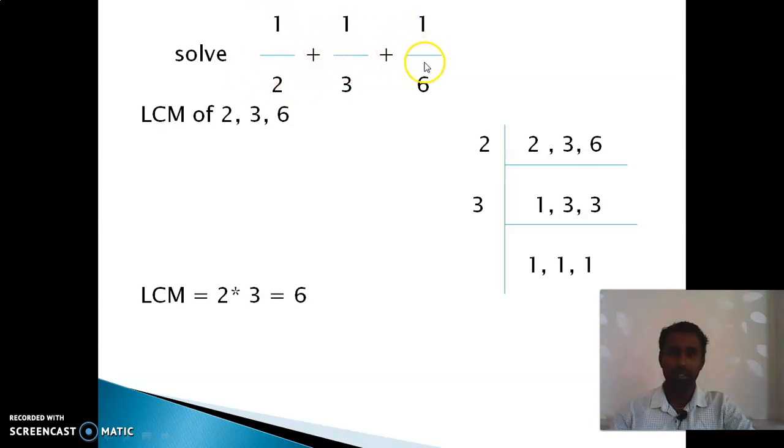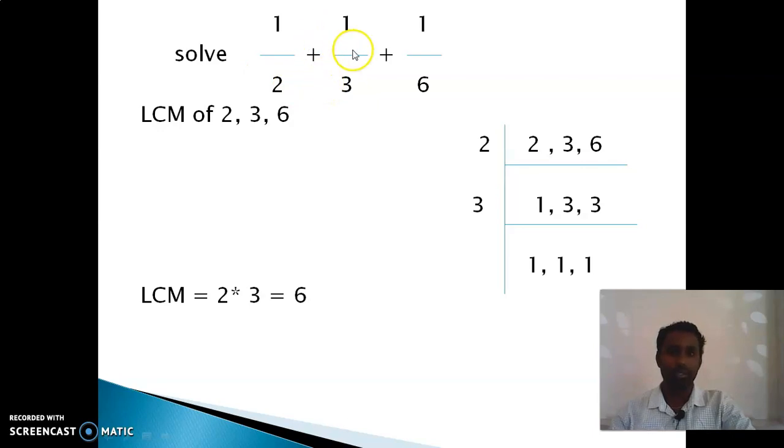So we have to change the denominators to the same value. How to change the denominator to the same value? Here I am not using the cross multiplication method, but you can use cross multiplication. How can we use it? Here you have to put, and 1 into 3 is 3, 1 into 2 is 2. So 1 into 3, 3 plus 2, divided by 2 into 3, 6, right?